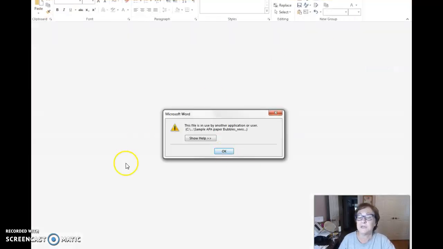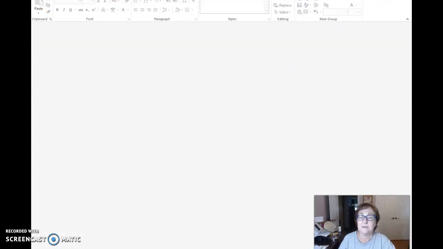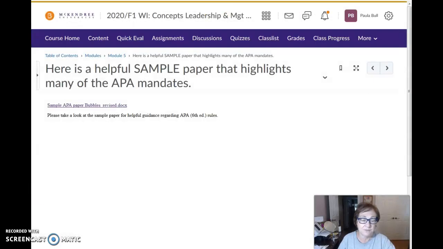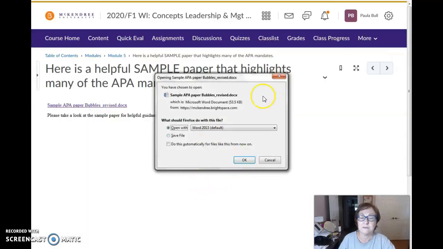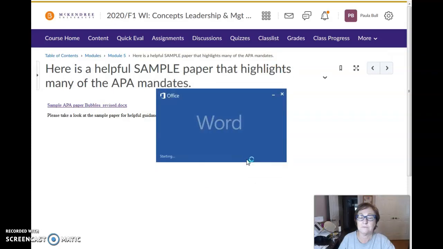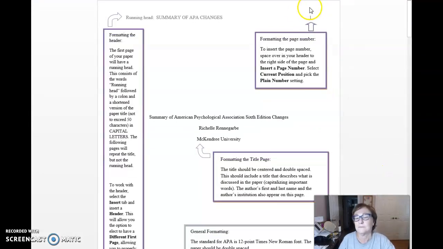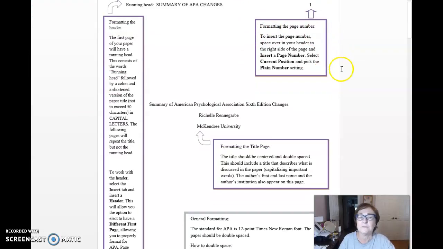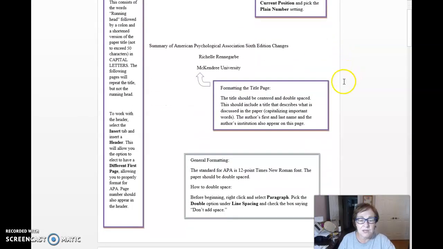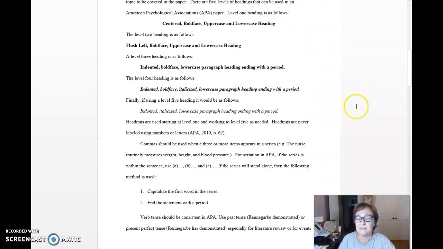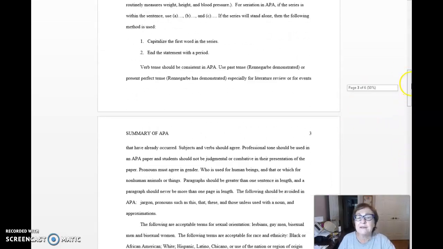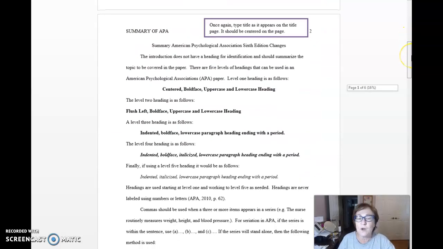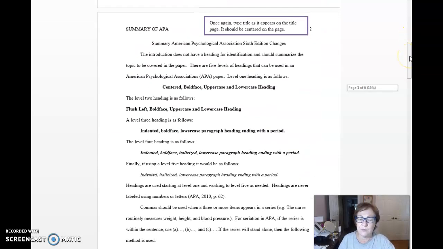Oh my. Well, let me try that again. I know that's not in use. This is not in APA 7th edition, so I will put the correct one in there, and then you will have the right one, and you can look at it for examples.